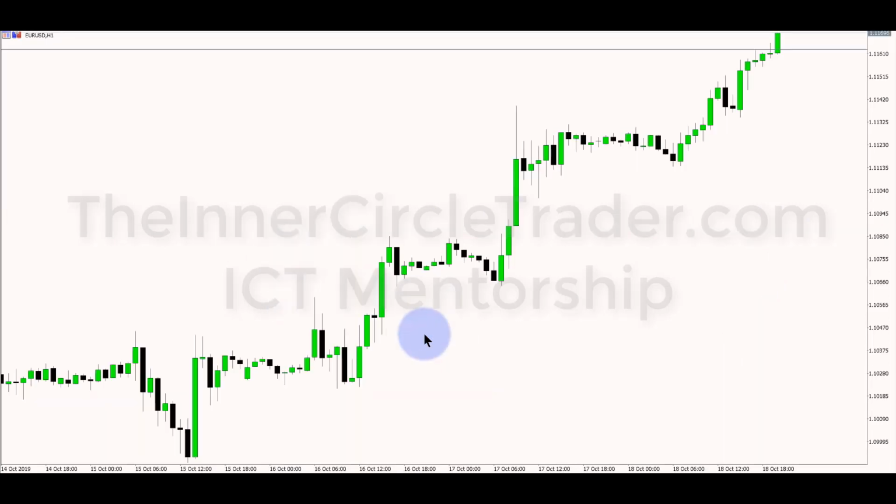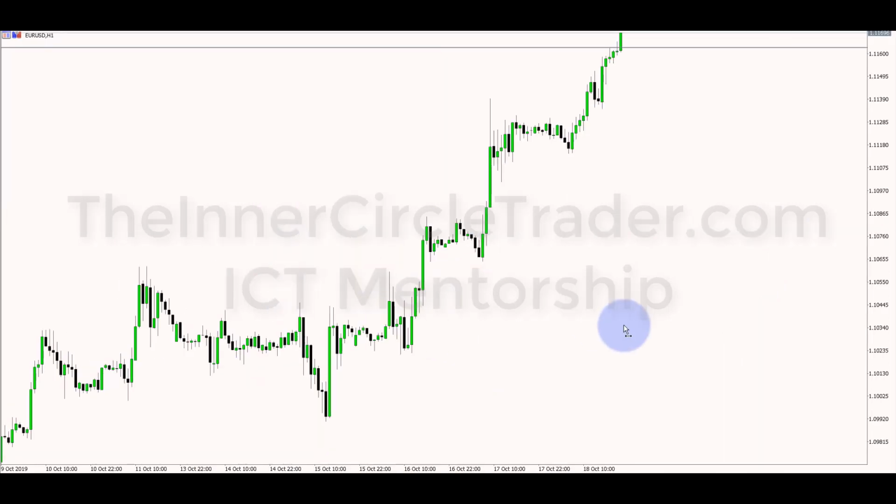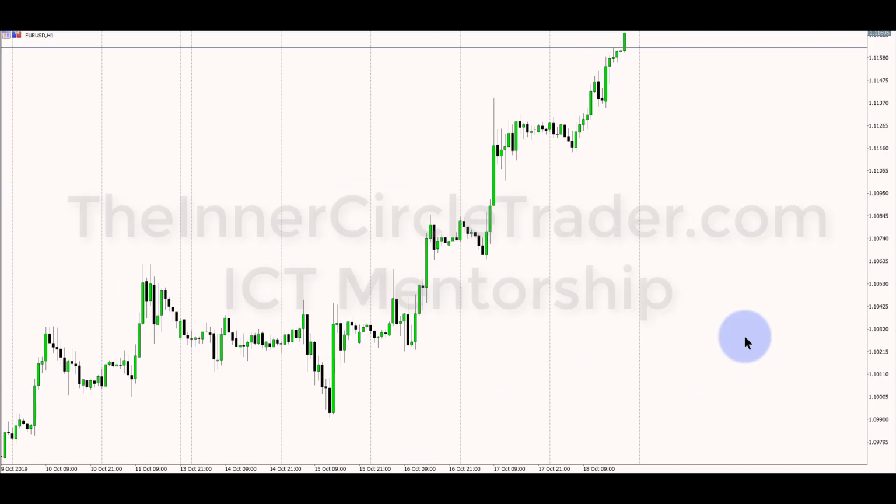Dropping into an hourly chart, let me zoom out a little bit here. Put the daily dividers on. Here's Tuesday, and that is New York Open. So we have New York Open creating the low of the week. Fine. We had a little bit deeper run in here. We had equal lows. Imbalance here. BISI was traded back into. Rebalance. And then rally. Rally.